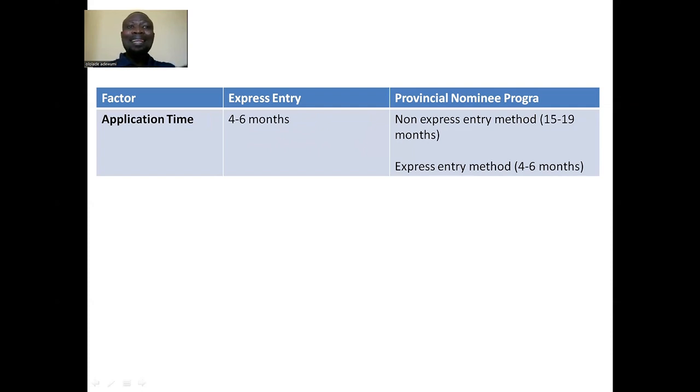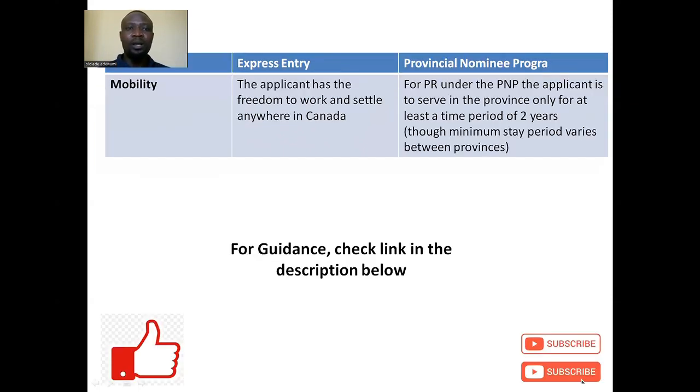But if you are applying directly, you are not combining Express Entry with your PNP profile, it normally takes long. It can take 15 to 19 months. So that is why most people do combine their PNP with their Express Entry profile.